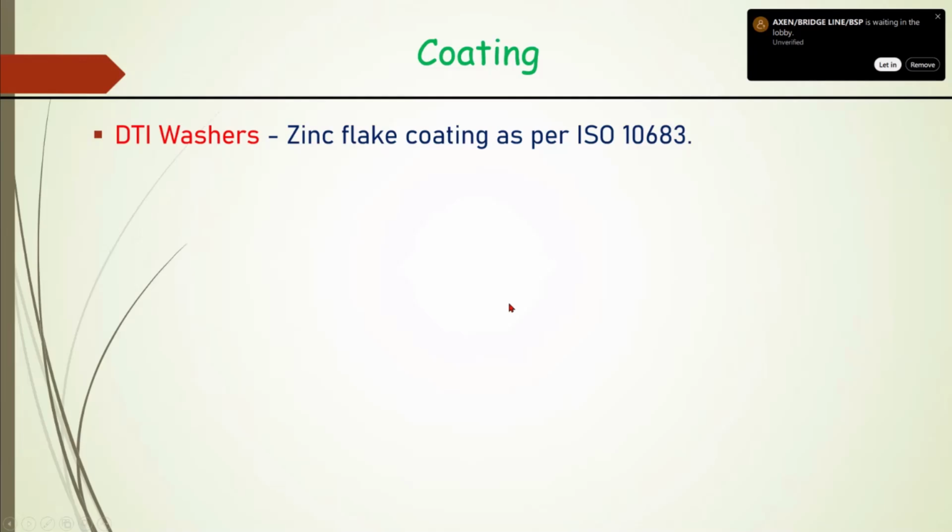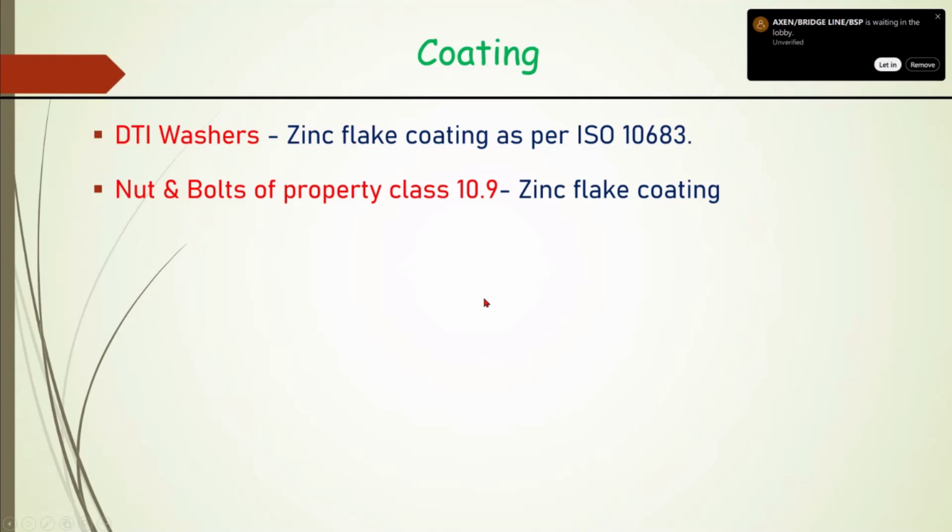Regarding coating, the zinc flake coating of DTI washers as per our ISO 10683, nut and bolt, if it is,